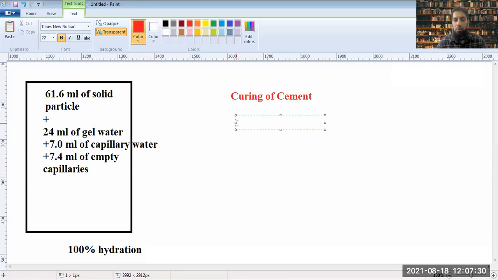So you require curing of cement to be done in the first 7 days for it to undergo proper hydration. Otherwise, the hydration process will not be complete if you do not cure, if you do not add water. You will come to understand how we cure through different techniques, but the simplest technique of curing cement is by adding water to cement once it has hardened, for the next 7 days at least. But you can go for curing even up to 21 days, and some even go up to 28 days.